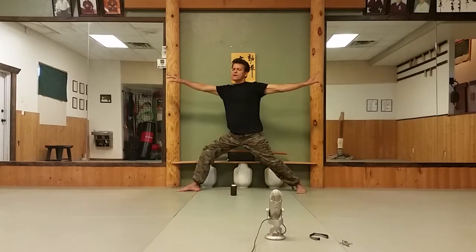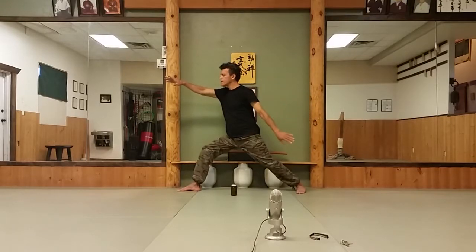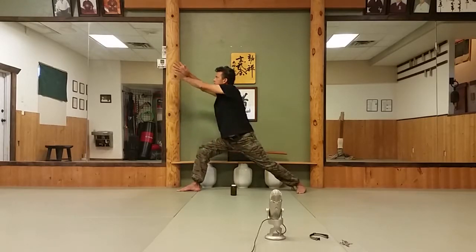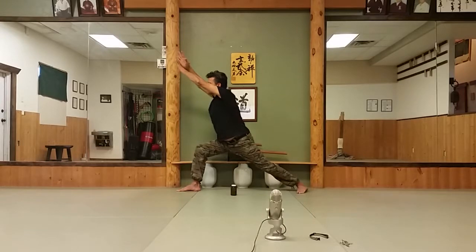Okay, so in a warrior pose, I want to be straight up and down, but in this Tai Chi pose, or it's a movement called reach up to touch the 7 stars of the Big Dipper, I'm actually going to angle over. So it's permissible. So I'm going to start to drop this arm down and turn. Then the hand comes under, the wrists meet, and the fingers extend up. And then I'm either making kind of a straight line from my fingertips back to my back heel, or maybe a little bit of a crescent,